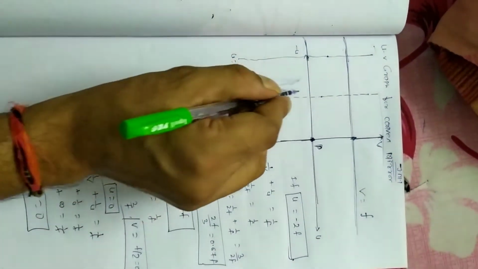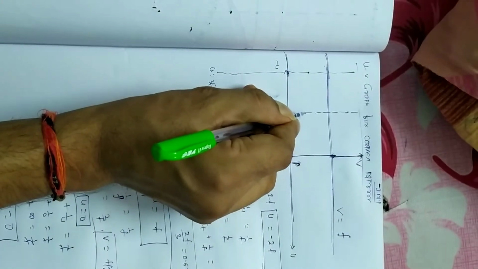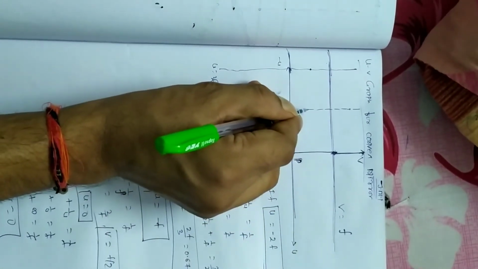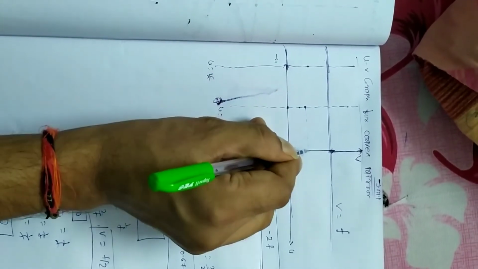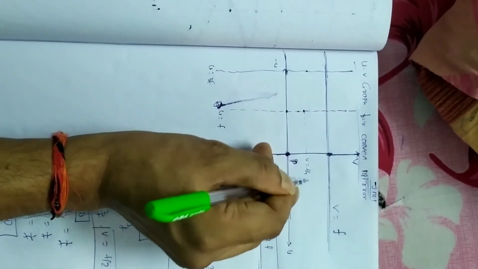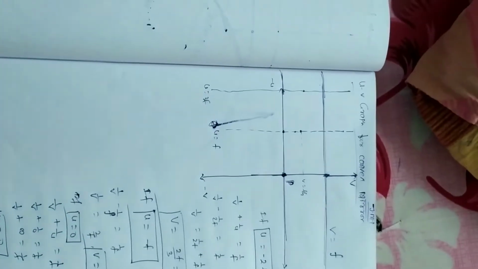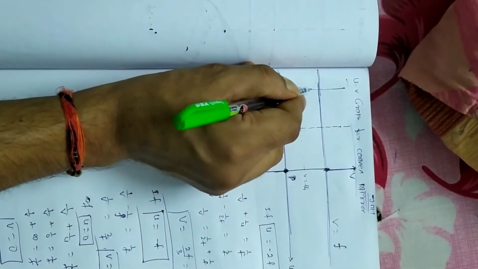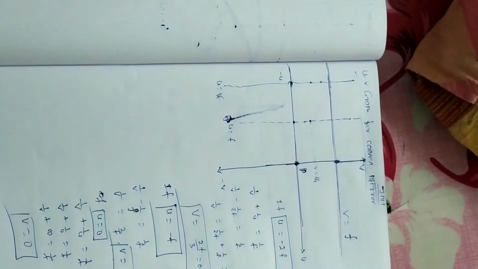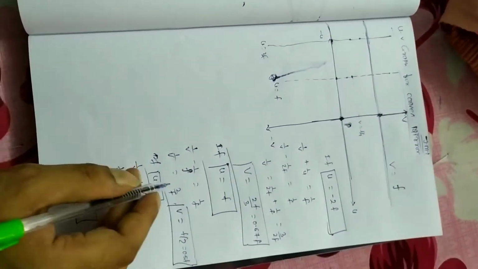When the object is at focus, the image will be at half of this line. Suppose here somewhere, because this is f by 2. v is equal to f by 2 when the object is at focus. When the object is here, the image becomes 0.6 somewhere here. Getting my points? Okay, take the next case.